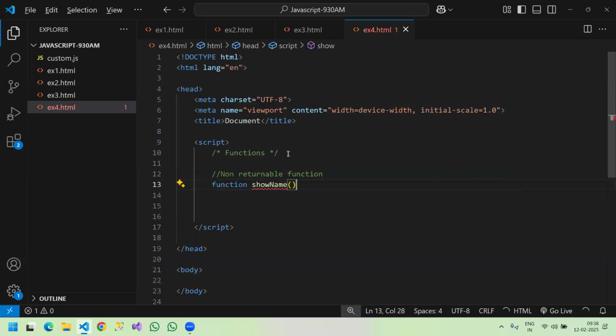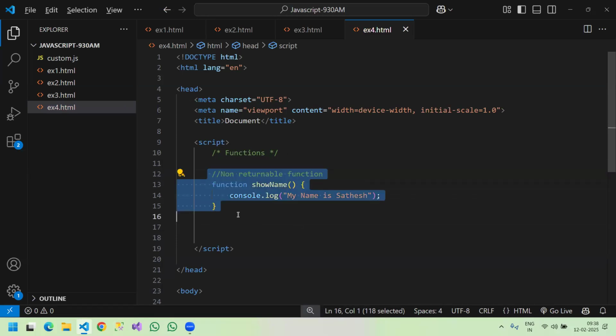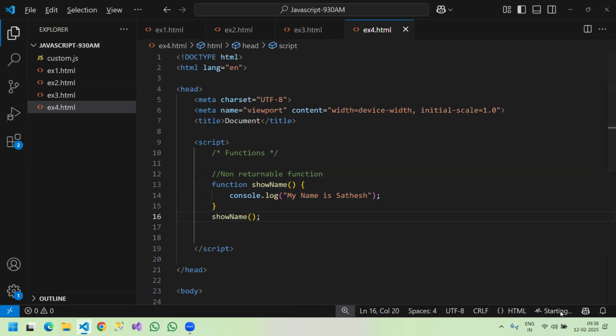I'm writing something like show name. It's a function name, and what I'm displaying here is, say, my name is Sathesh. When you define it like this, the function will not be executed because we have defined the function but did not call it. So we are supposed to call the function, show name. I'm calling the function. If you run it now,